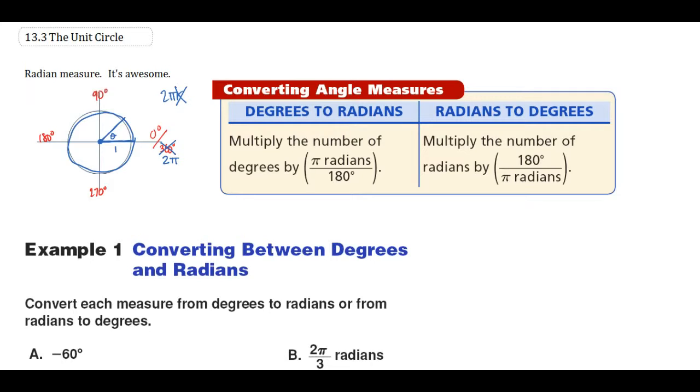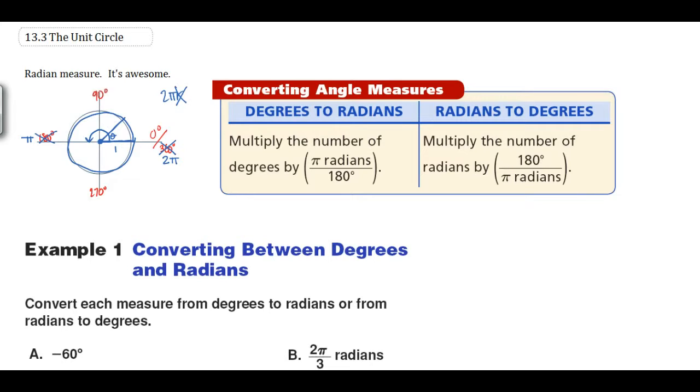Now, here's the hard part. You got to get used to it because you've never done it, and it's kind of fancy. But a whole revolution is 2 pi, which means if we decide to only go halfway around, then that's not 180 anymore. That's just pi. And now you got to be a little good with your fractions. Like, look, if that half a rotation is pi,